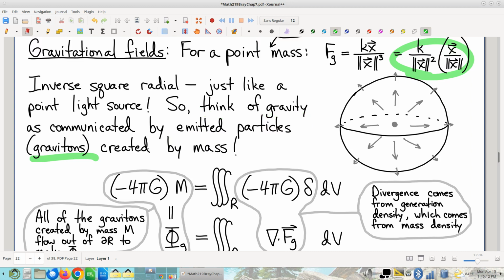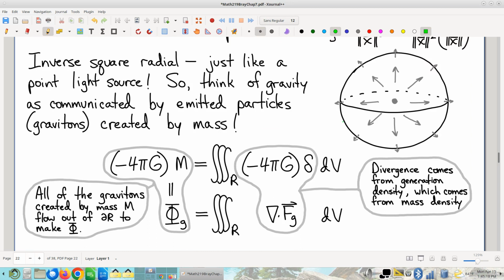And let's see here. So that being the idea, let's think about this equation right here. From the point of view of mass, don't think of mass as creating some abstract vector field representing forces. Don't think of it that way at all. Think of mass as kind of like a little light bulb, and mass just shoots out these little particles called gravitons every which way, right? Mass emits gravitons. The more mass you get, the more gravitons you get. Right? More mass, more gravitons.